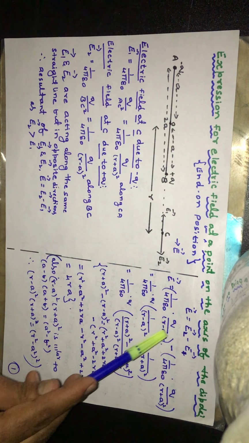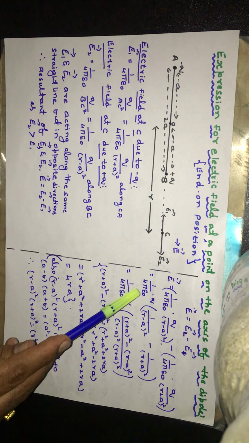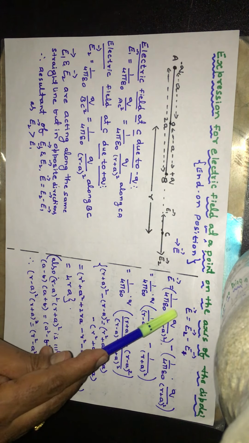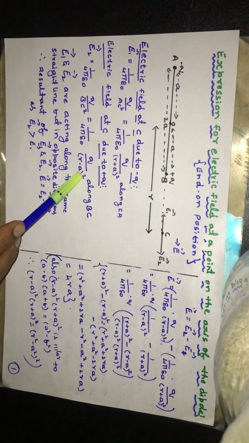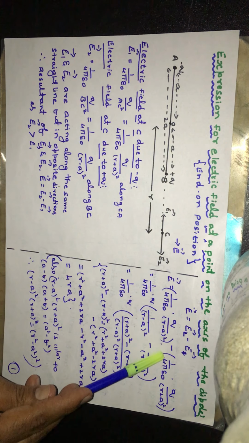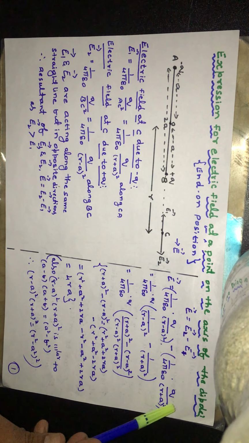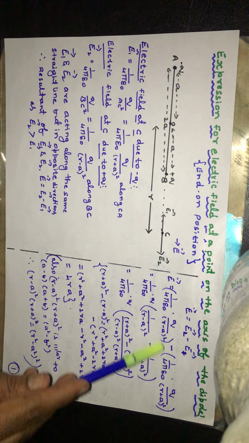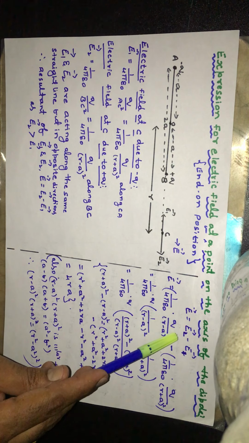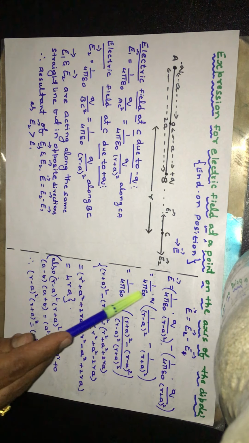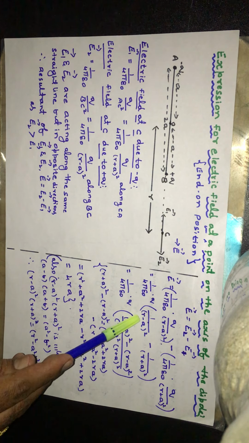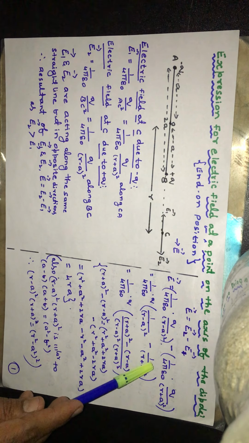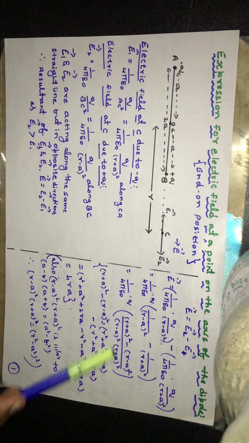Now vector E is E2 minus E1. So E equal to, you know that E2 is 1 by 4 pi epsilon naught into Q by (R minus A) whole square, as we have got here, minus 1 by 4 pi epsilon naught into Q by (R plus A) whole square. See, in both the terms, 1 by 4 pi epsilon naught and Q are common. So 1 by 4 pi epsilon naught into Q into [1 by (R minus A) whole square minus 1 by (R plus A) whole square].